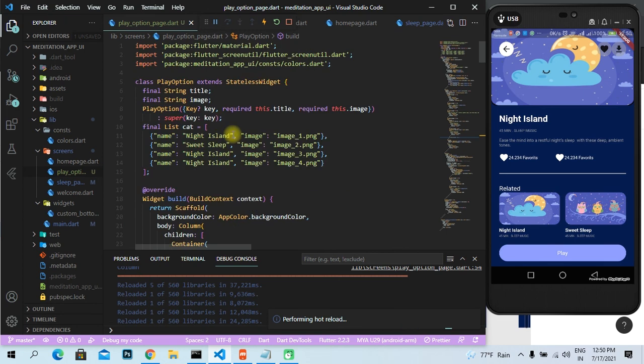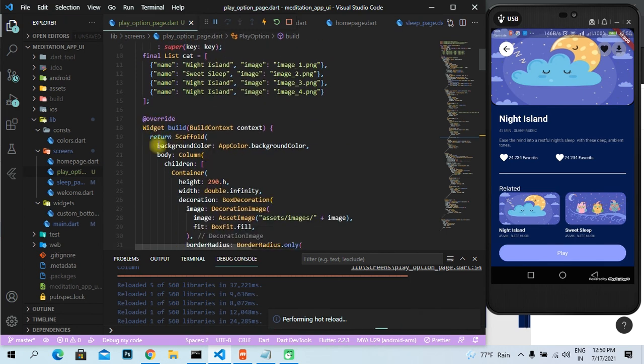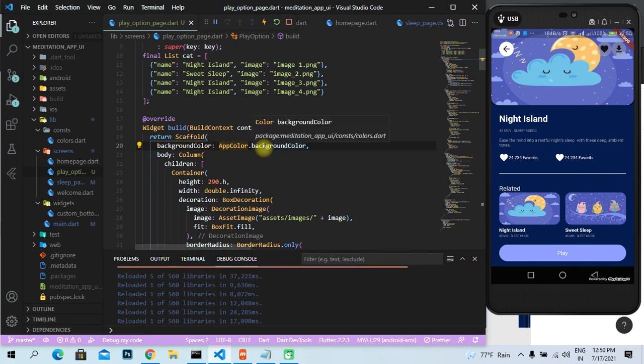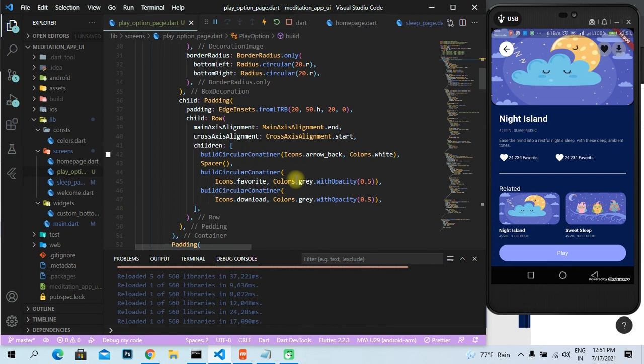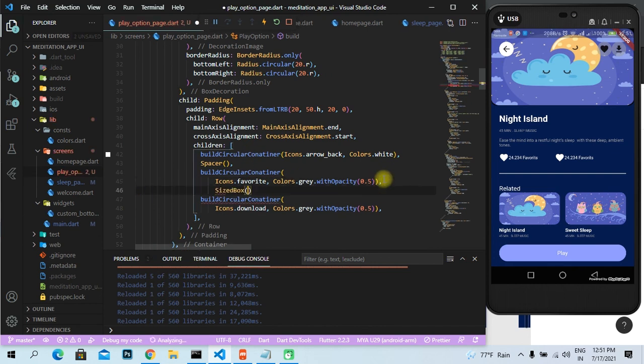In the scaffold I have taken the background color from the app color class, which we created in the previous tutorial, and in the body I have taken the column, and inside the column the first widget is the container, and the container's children are these two, so we can put some space here by using a sized box. So I'll put here a sized box and I'll give the width, let's say 5,